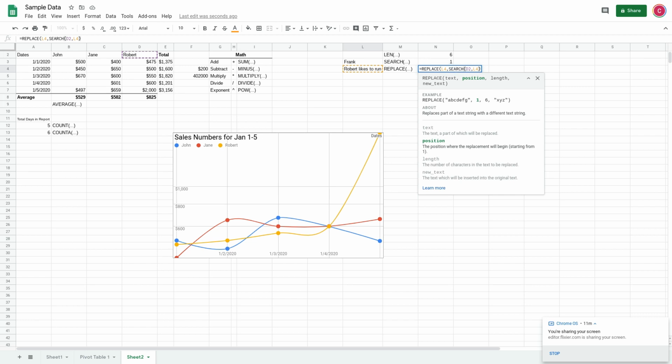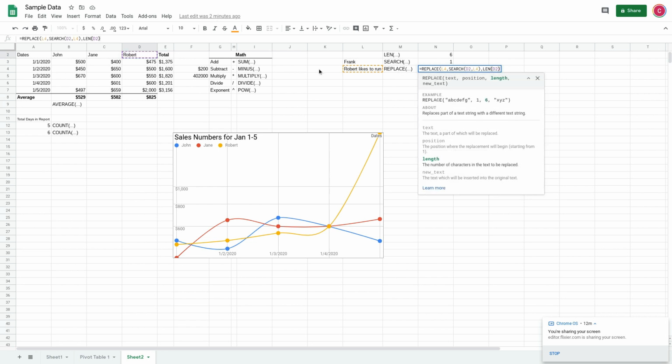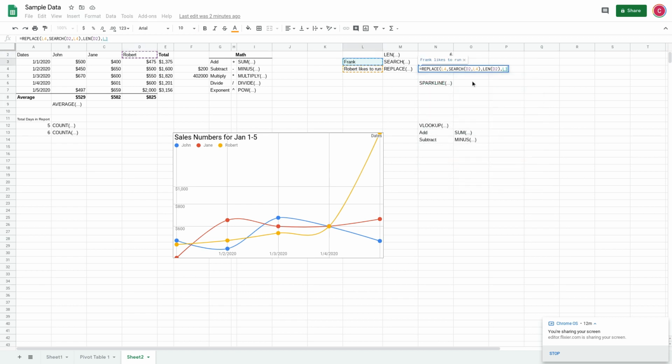Now we want the length, and we don't want to count manually, so what we're going to use is the LEN formula. We type it in, we click on Robert because we want to know how many characters Robert's name turns out to be. That will be how many characters we want to replace out of this cell. We hit comma, and we want to replace it with Frank. Close this, and you can see Frank likes to run